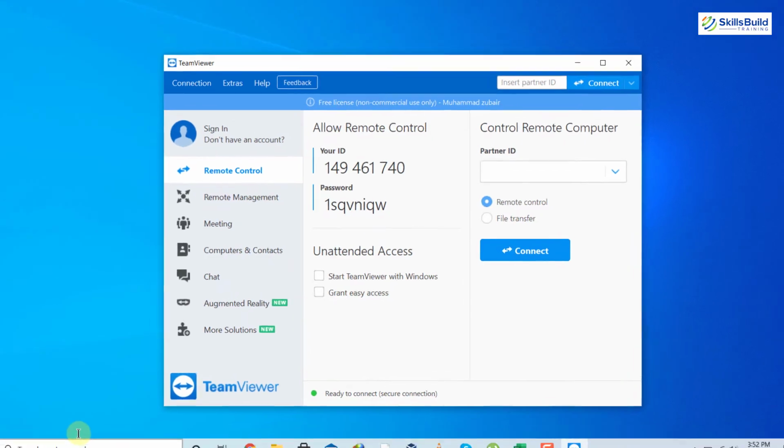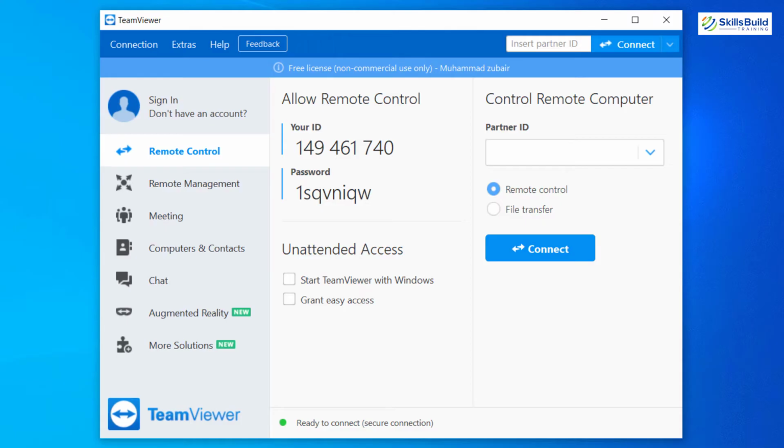So now this is the dashboard, or you can say the default look of TeamViewer. Here we are under the remote control section, and here we have a label which says your ID, and then we have password. ID means this is my identity and this is my password. If someone wants to access my system, or you can say my computer, he or she needs this ID, and after entering this ID they will need the password. And what I will do, I will give them this ID and password